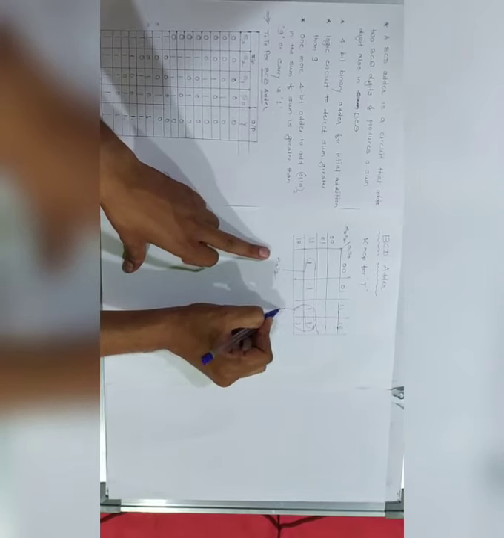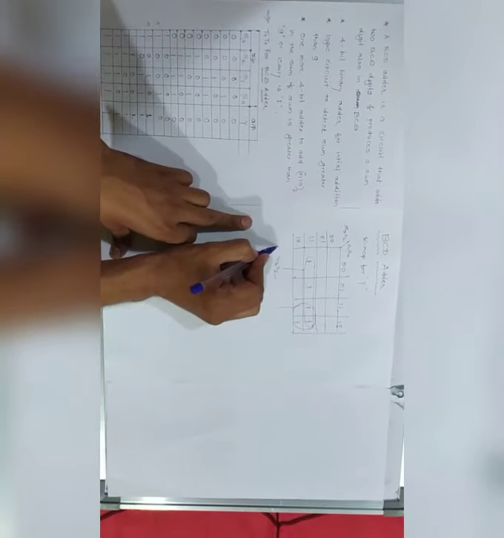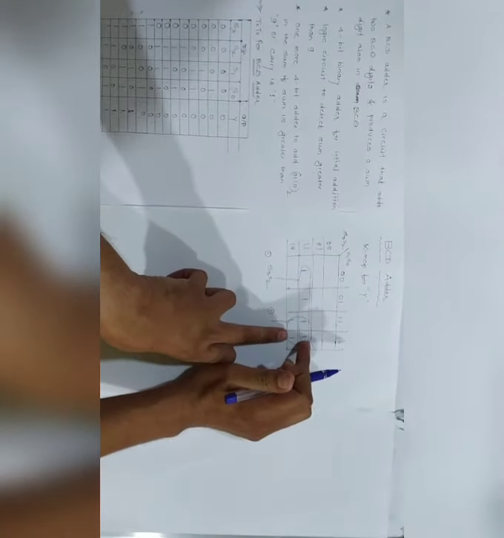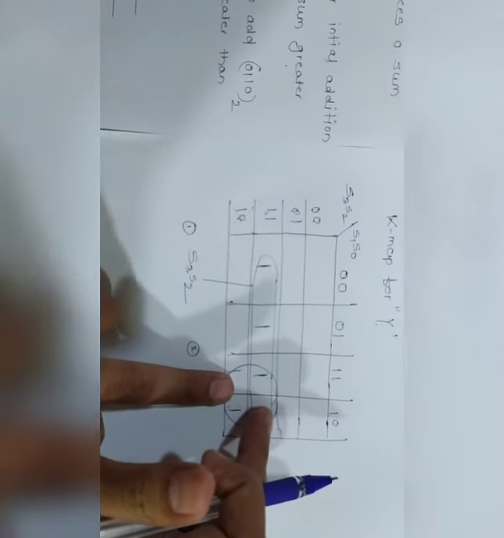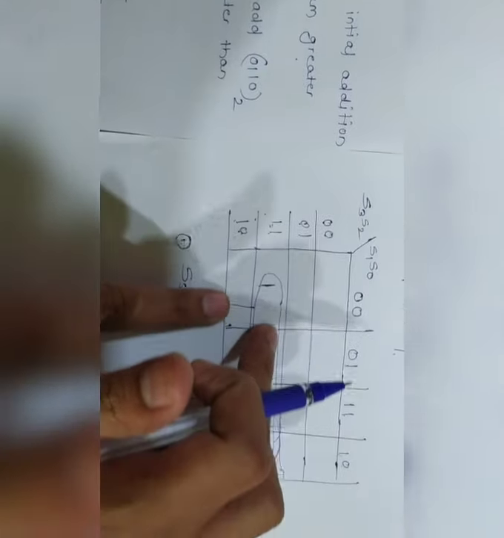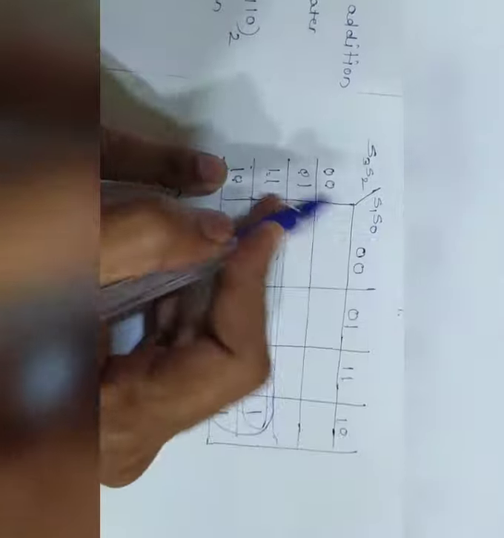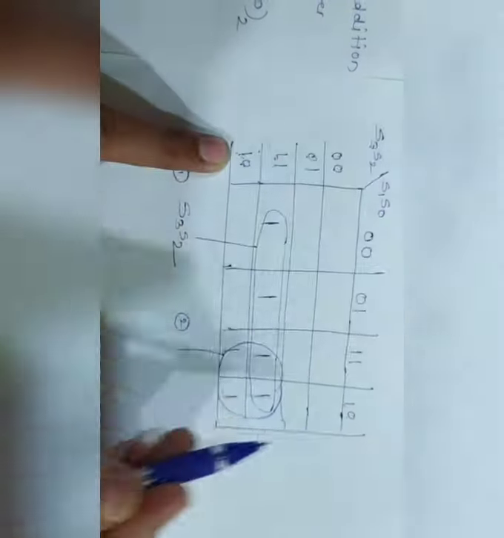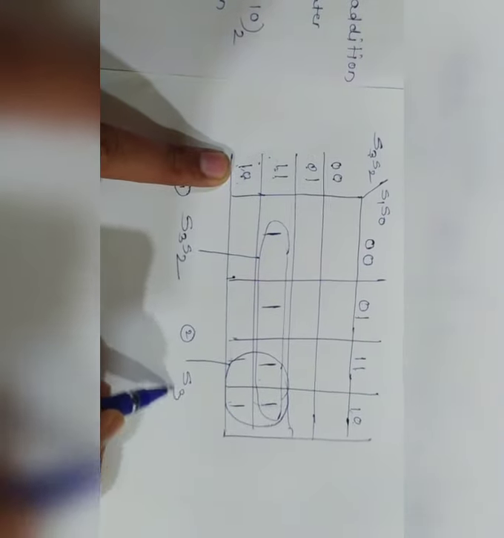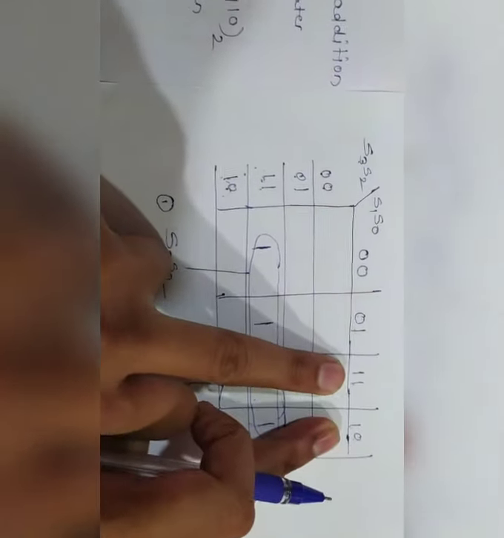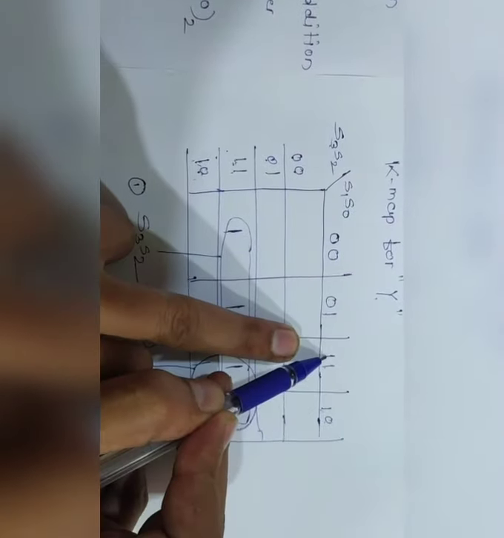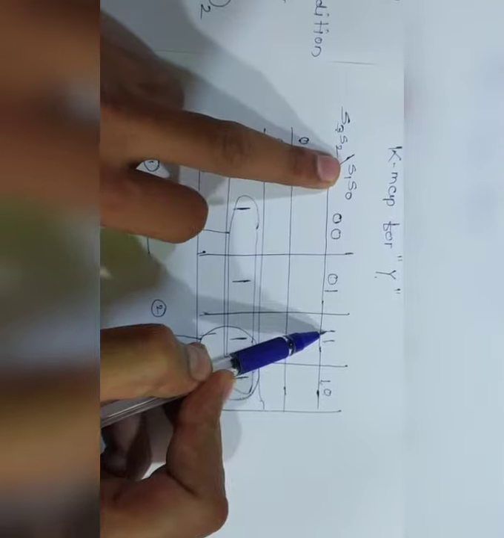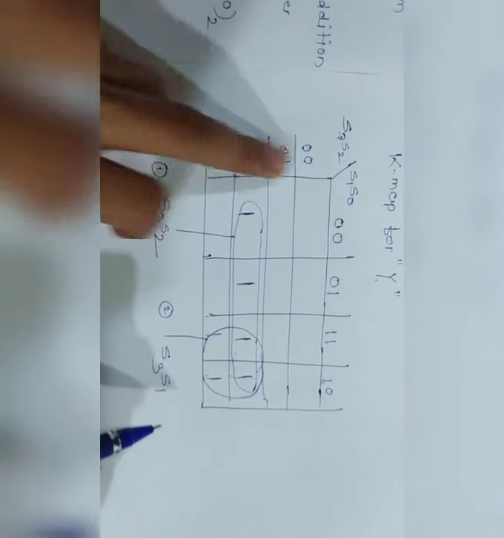Now for the equation for the second group, suppose this is my first group equation, this is my second. Now the equation for this group is what? It belongs to those 2 rows, so taking the common from these 2, that is 1, and 1 belongs to S3, right? So here S3 is common. Now from these 2 columns the common is 1, and 1 belongs to S1. So this is the group, right?